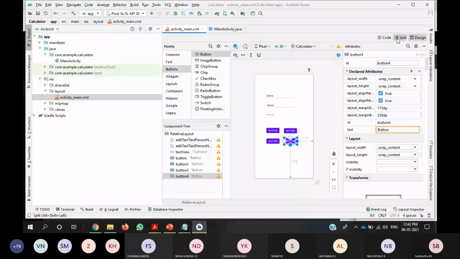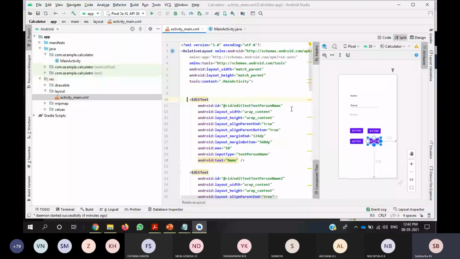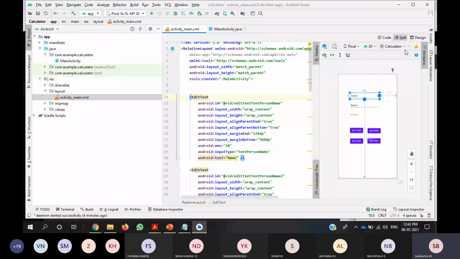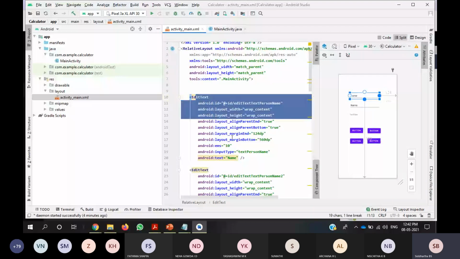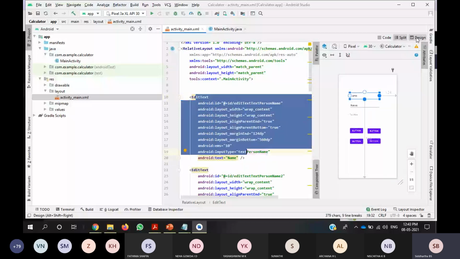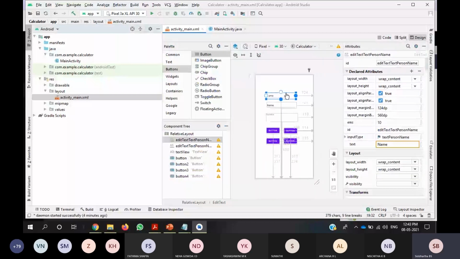Let's check first with the edit text. If you have confusion with the edit view, just go with the design part and click over here on ID. Here you can change the ID. I will change the ID to edit_text_number1 and delete the text.